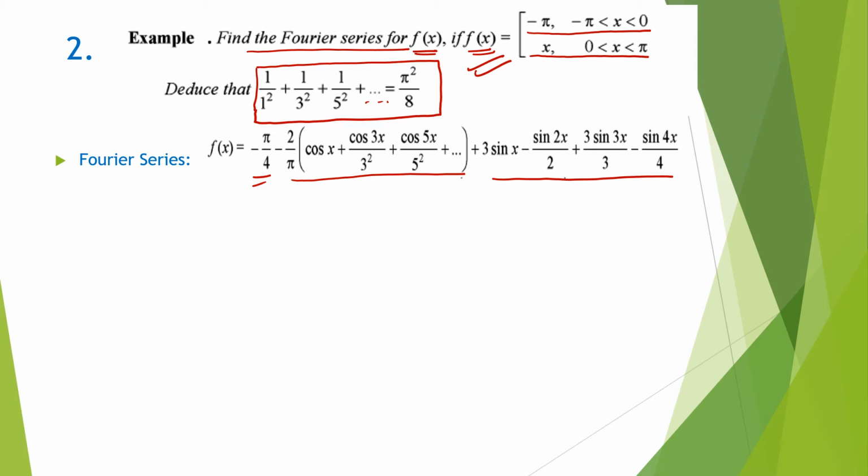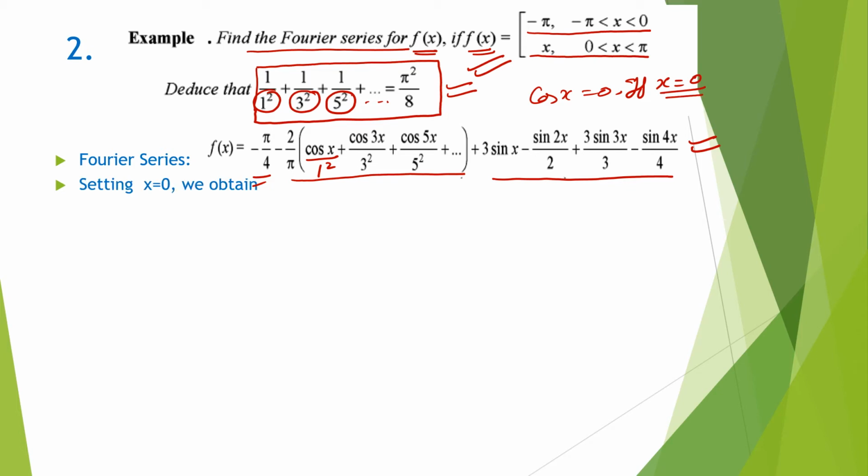Now if we compare what we have to prove with this Fourier series, we get that 1 by 1 square, 1 by 3 square, 1 by 5 square are the similar terms which we have over here in the cos term, and the numerator is 1, so cos x is equal to 1 if x is equal to 0. But there is a problem. If we substitute x equal to 0, we obtain